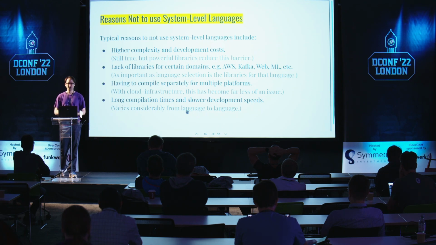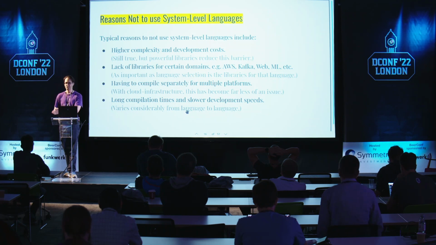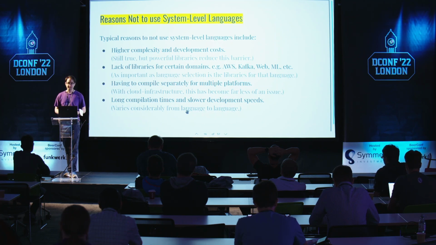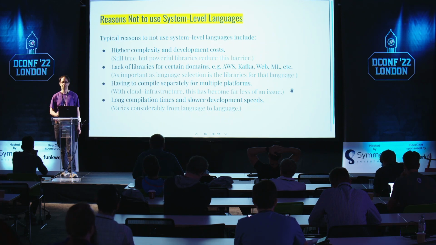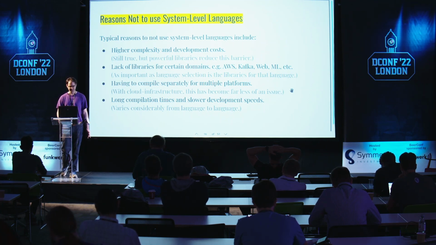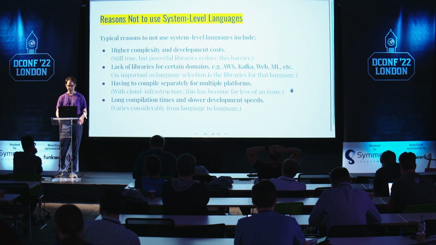And then one of the traditional problems with compiled programming languages is they had to be specifically compiled for the machine. So if I have 5 different types of machines that I'm running on, I have to compile 5 different times. And that was a nightmare for software that runs on a desktop, for example. So I think Java got really popular on the motto of write once, run anywhere, which was really big when there were so many different types of hardware out there. And then, of course, for languages, especially C++, the compilation times can be quite long compared to an interpreted language or a language like Java, which compiles for the virtual machine. But this varies considerably from language to language.